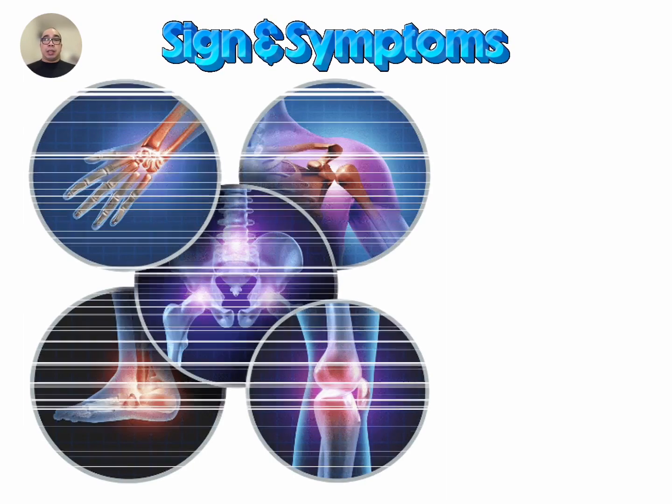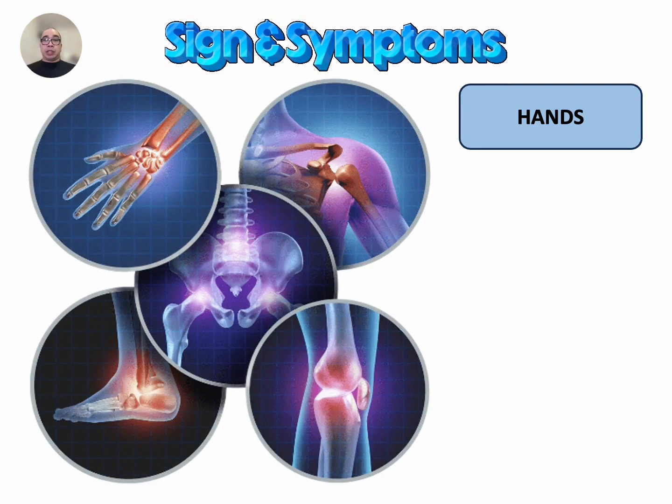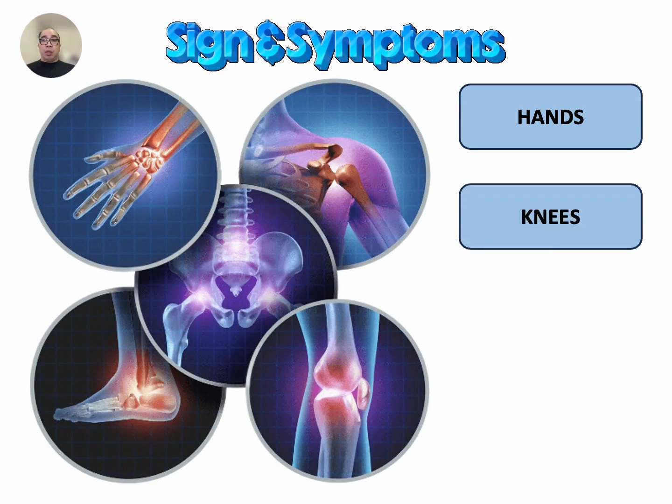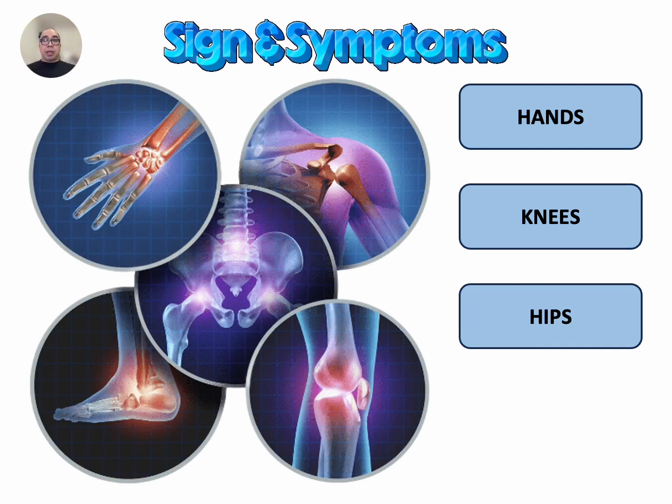For example, in the hands, bony enlargement and shape changes in the finger joints can happen over time. For the knees, when walking or moving, you may hear a grinding or scraping noise. Over time, muscle and ligament weakness can cause the knee to buckle. In the hips, you may feel pain and stiffness in the hip or in the groin, inner thigh, and buttocks. Sometimes, the pain from arthritis in the hip can radiate to the knees. Over time, you may not be able to move your hips as far as you did in the past.